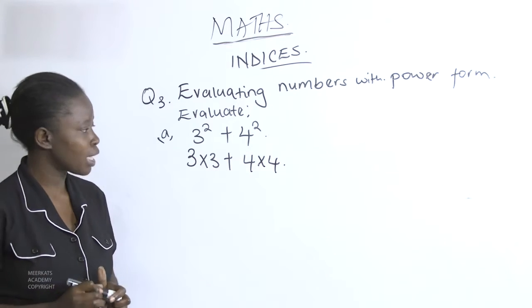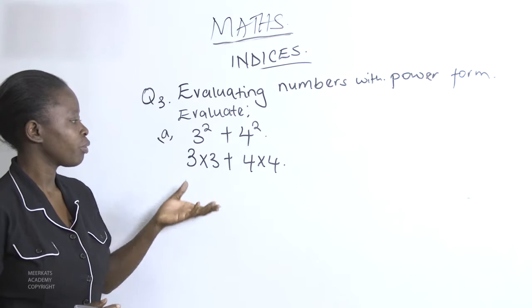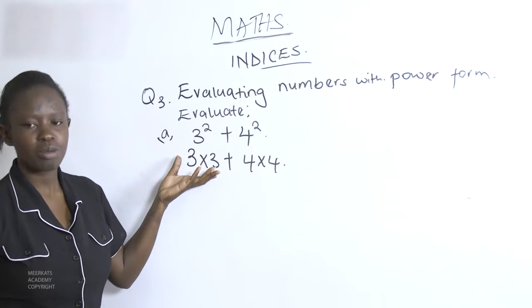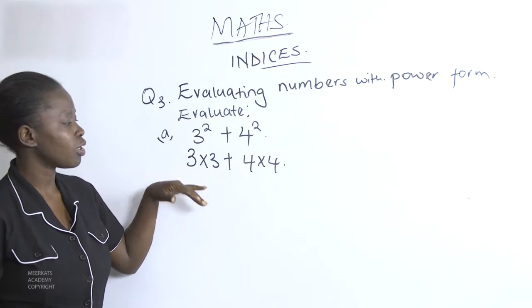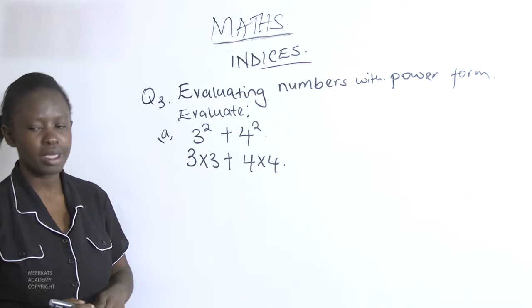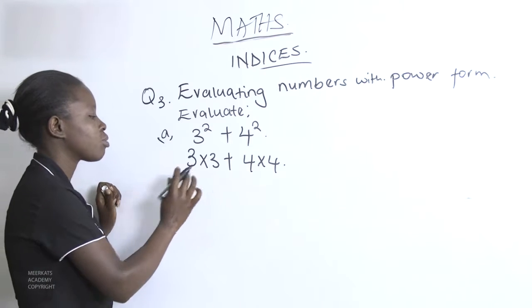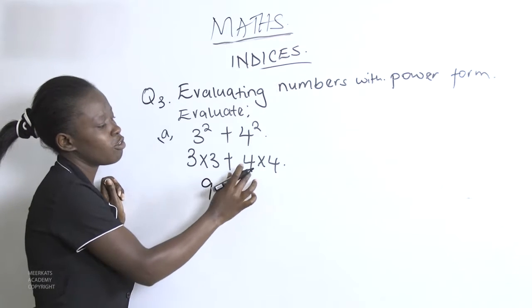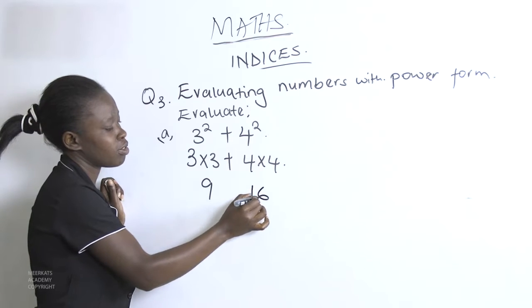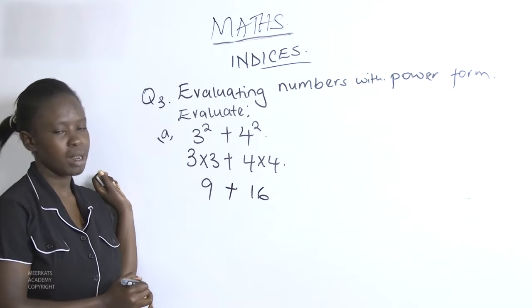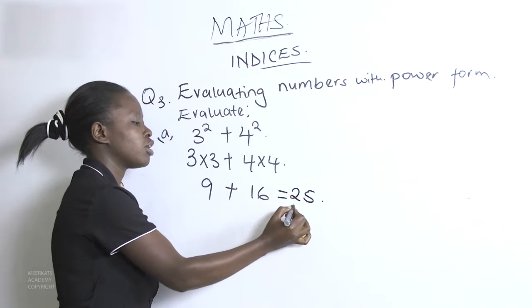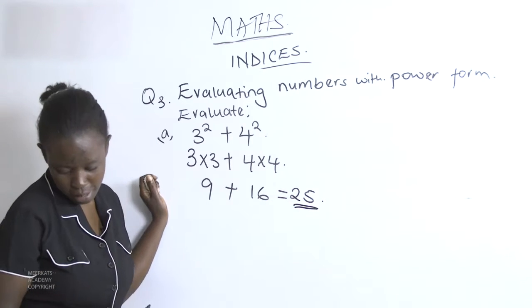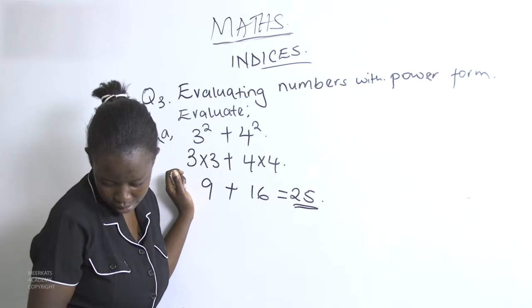Then we apply BODMAS, where we deal first with multiplication and after that we go ahead and add. So we have 3 times 3, which gives us 9. 4 times 4 gives us 16. So we have 9 plus 16, which gives us 25. Another example is